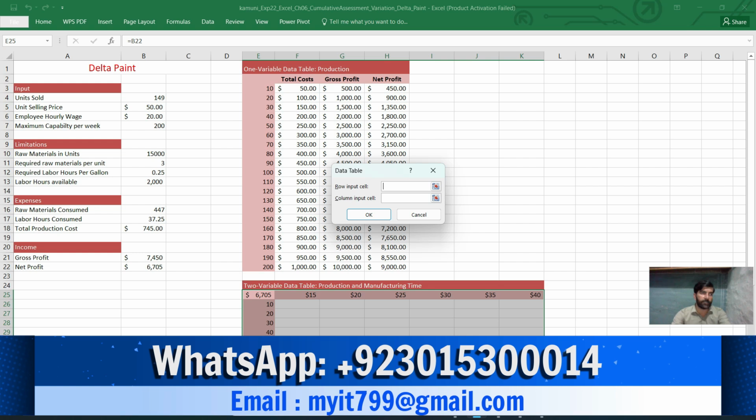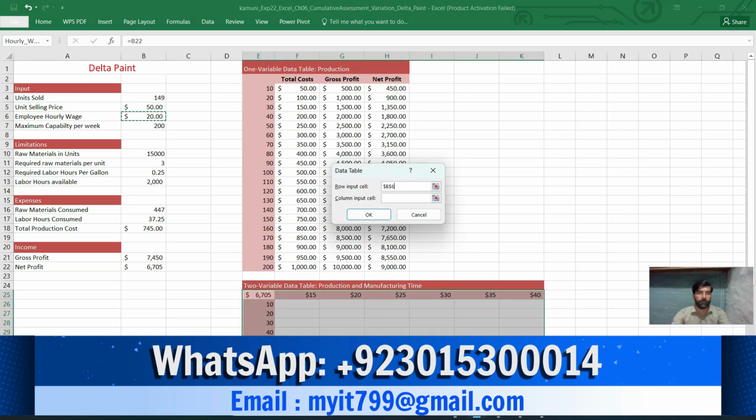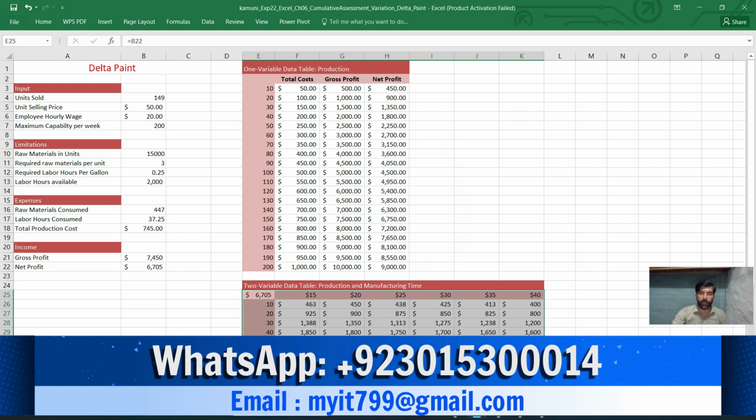This is B4 as the column input. Just click OK, and I get the result.